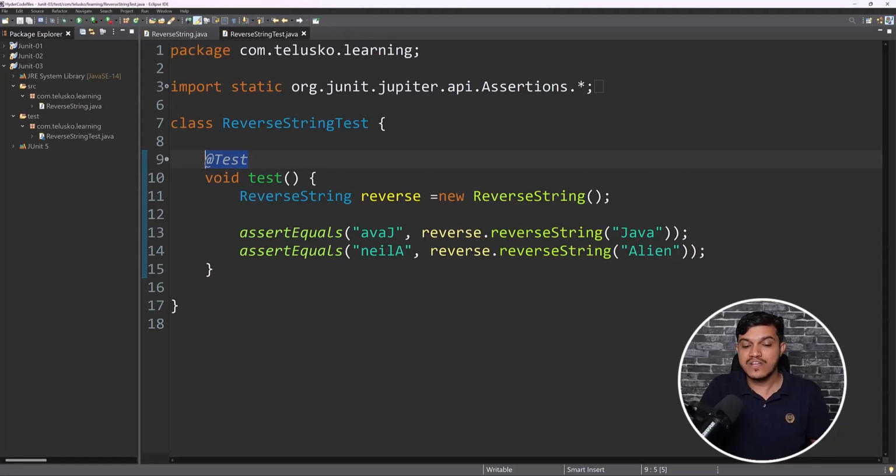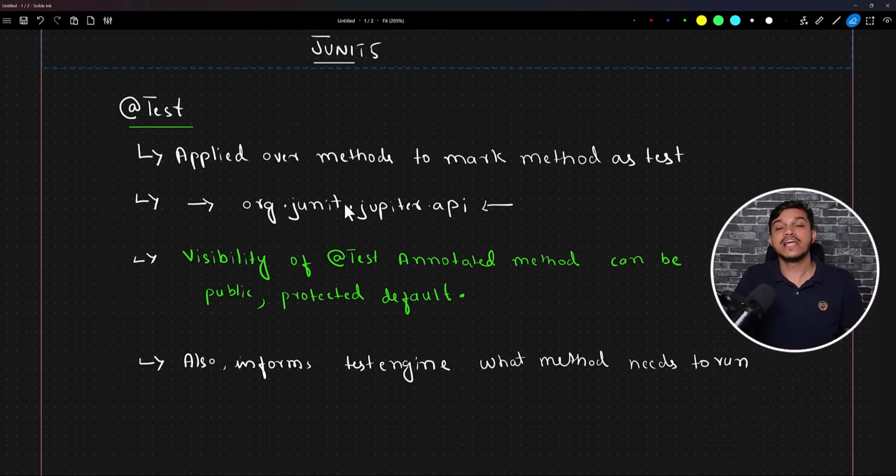Now to start with, this test annotation we usually apply over the method to mark the method as a test. That means this way we are informing the test engine, the platform which we have seen in the JUnit5 architecture, that this is a method wherein we have written our test. This method you need to execute. So here we are just informing, by applying this, which method out of all methods the platform has